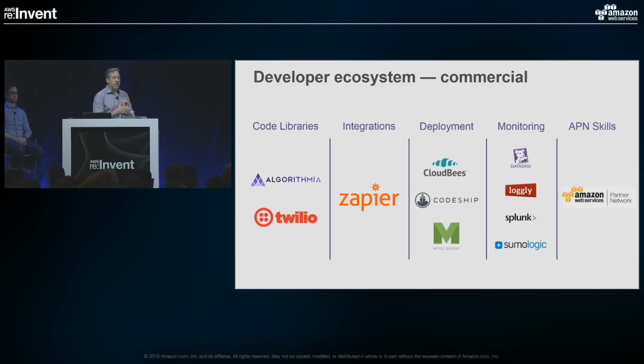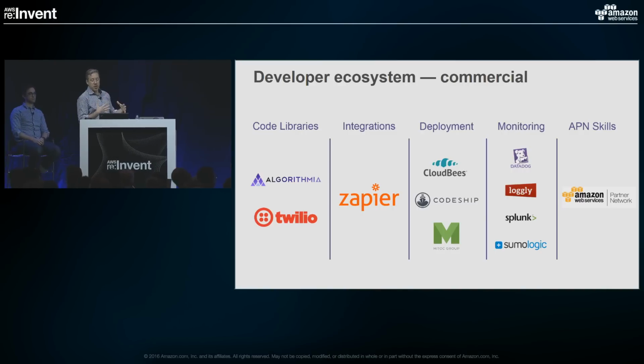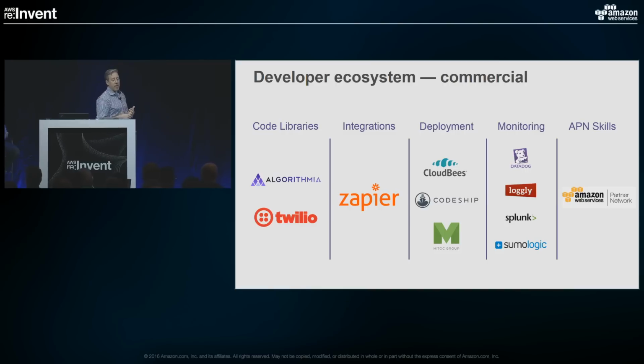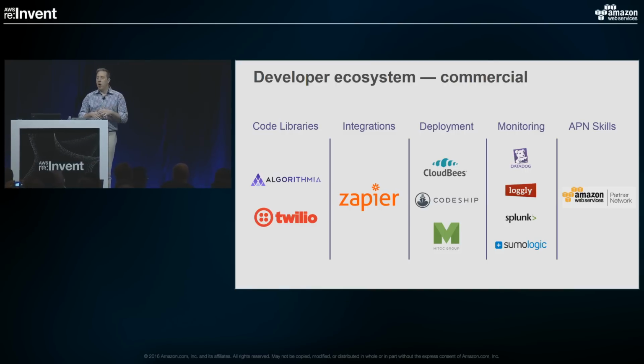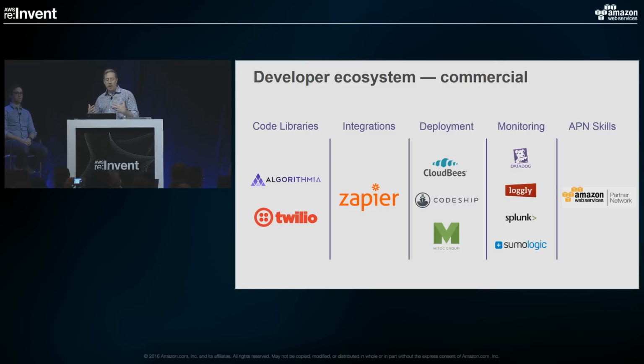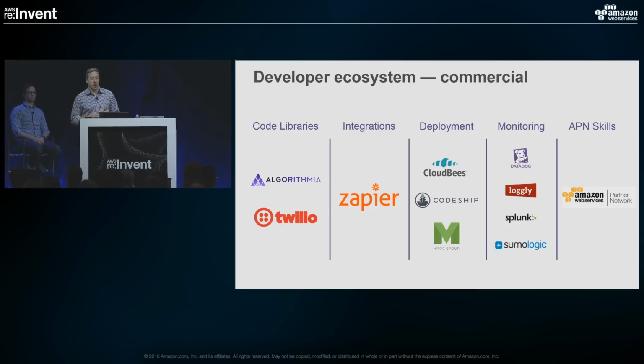And finally, I'd be remiss if I didn't mention some of the other exciting things that are new, not necessarily from AWS, but more broadly. Serverless conferences, serverless books, courses, certifications, and of course, a large and growing partner ecosystem, building all kinds of interesting things, everything from deployment and development technologies to event integration to different kinds of code libraries. And many of those can be found on the partner site, and some of them also as blueprints in the AWS console.